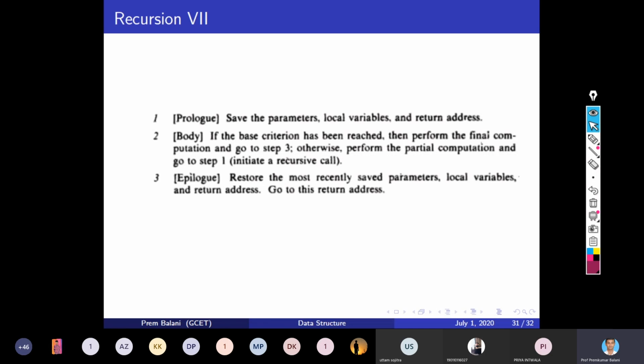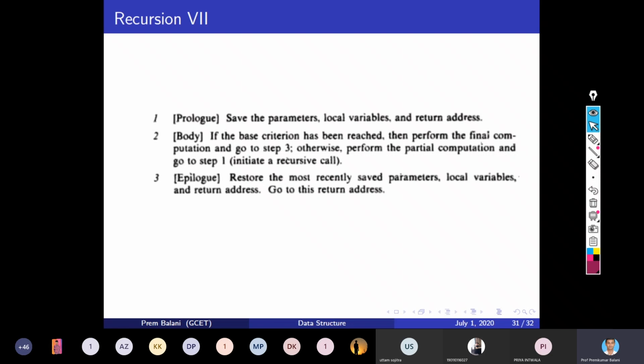Otherwise, perform the partial computation and go to step 1. So this is a very important part of the recursive process. Then epilogue, last, restore the most recently saved parameters, local variables, and return address. So go to this return address.